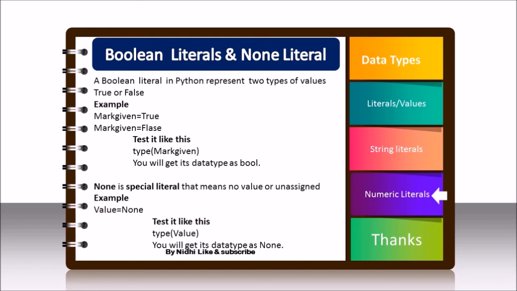None is also a special type of literal, which means no value or unassigned value. If we don't know any value, we can assign none as the value or literal, and then we can check its data type and you will get the result none. It is a special type of literal. So this is all about